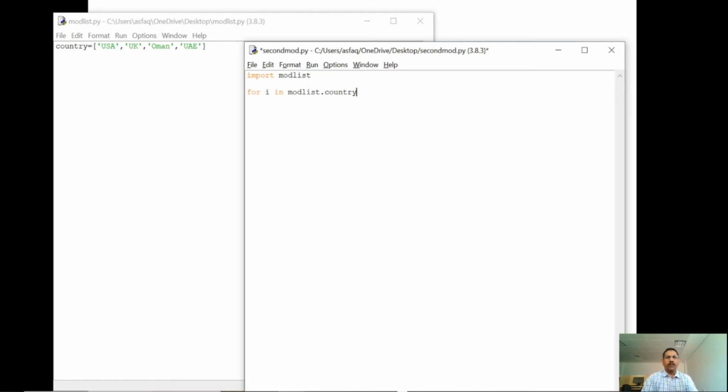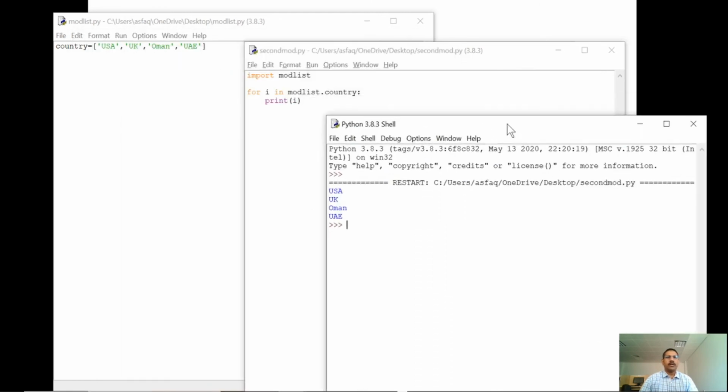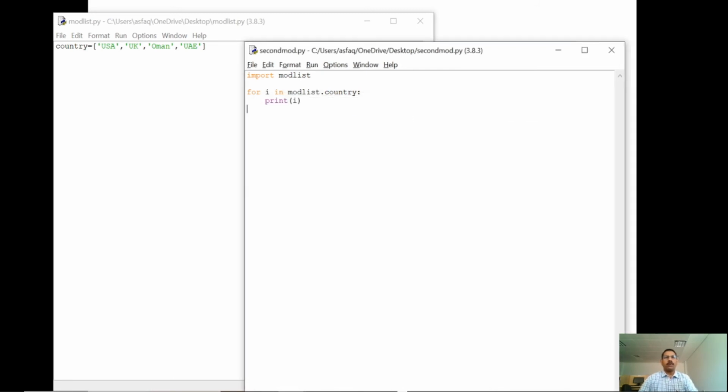Colon, print of i. So what will happen? It will print. Shall we run this program? Just save and run the program. You will get the complete answer. How is it coming? The list items are retrieved from the first file. Now, beyond this, I'm going to add some more operations here.